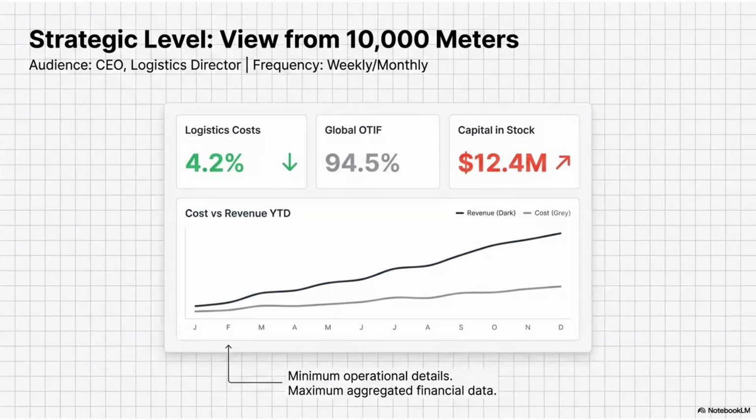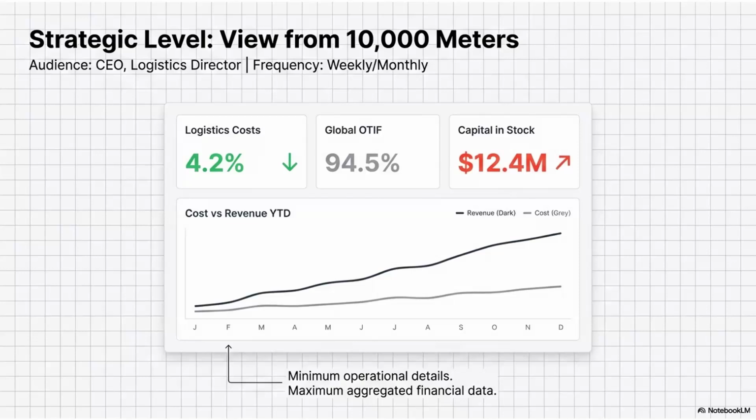Top management must be able to read the objective macro picture of the efficiency of all supply chains in a few seconds. Therefore, only high-level metrics are used here. For example, the total logistics costs indicator, which is usually analyzed as a percentage of total revenue. Next to it is the global perfect order indicator, global OTIF, which reflects the quality of service across the entire network in percentage terms. Another necessary important marker is capital in stock, which shows the amount of funds temporarily frozen